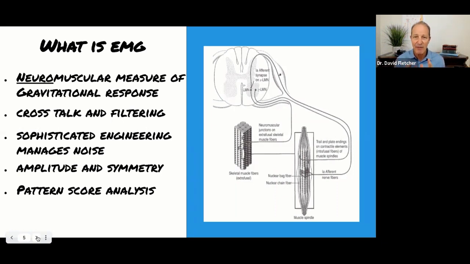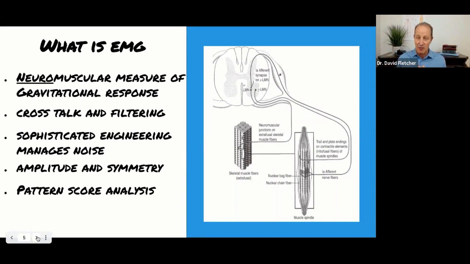So we need to have a very sophisticated ability to filter out the noise. I mean, even the beating heart is sending a neuromuscular signal. So we have to be able to detect that frequency range and cut that out if we're going to be able to do it. So there's nothing casual about an EMG signal, and it takes so much engineering, and we're exceedingly proud of the level of engineering. In fact, we're so proud of it that we believe that we have by far the finest EMG anywhere that can be used.